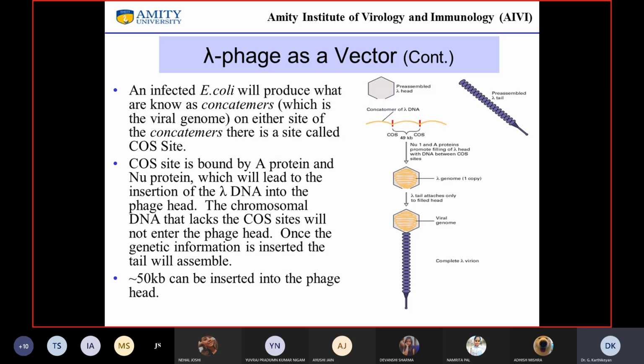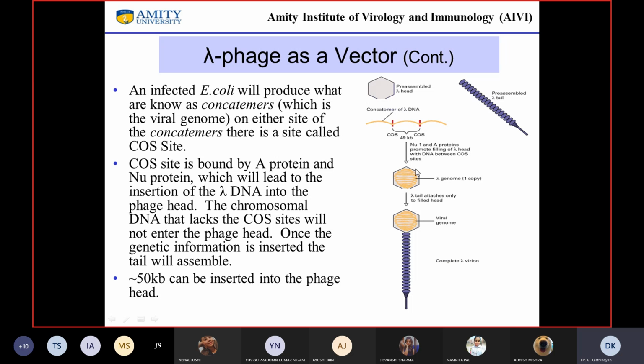Okay, and then typically what happens is within the lambda phage, you have two proteins called mu1 and A protein that will take this DNA, and the moment they recognize this cos site, they will cleave it. Okay, so this results in a head full of the DNA. This head can carry about 70 kilobase pairs, but in reality, the phage sequence is only about 50 kilobase pairs.